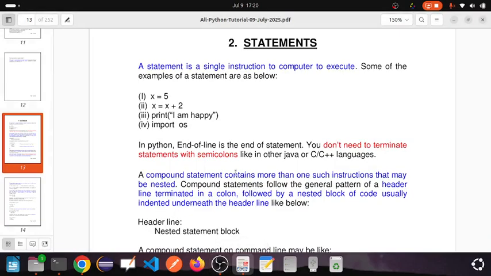Hello friends, in this session we will discuss Python statements. A statement is a single instruction for the computer to execute. In a program we write many statements or instructions, and the Python runtime executes one instruction at a time. So a single instruction is like x is equal to 5 or x is equal to x plus 2, or